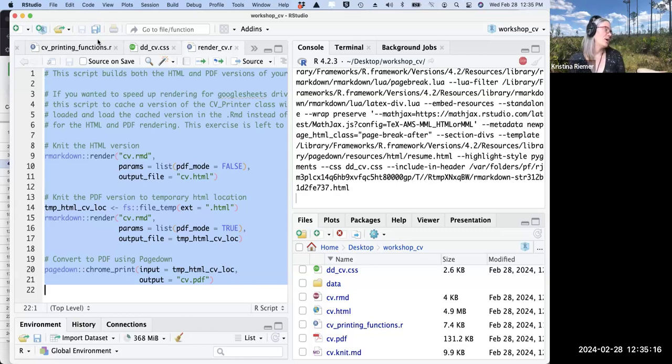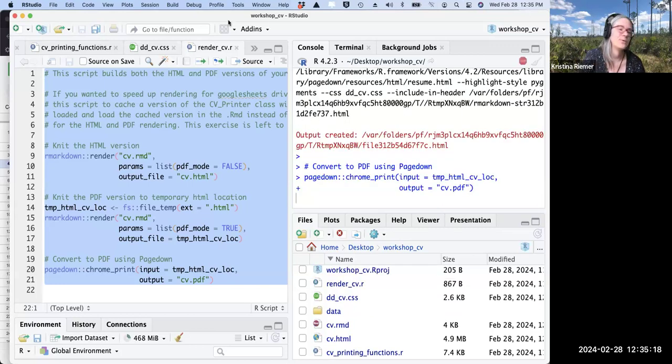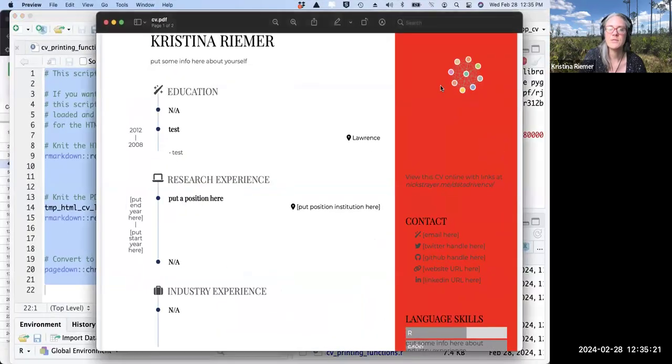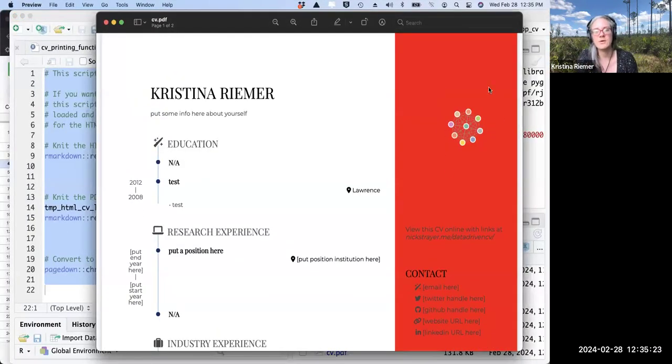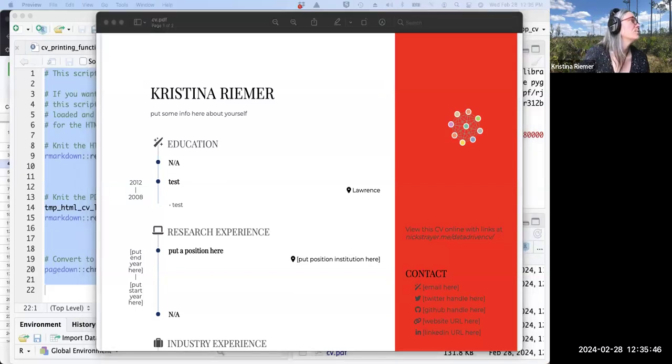Ooh, great question. Okay, so the image at the top right. For some reason the person who created this thought it was really cool to have this network diagram here. They wrote a function just to make this. It takes information that you've put into your CV and auto-generates some sort of network diagram. If you like that, that's great. But if you want to put something else there, you totally can, or you can just delete it. I'm going to have to look at my notes for this. The way you can change that to whatever image you want is by going to